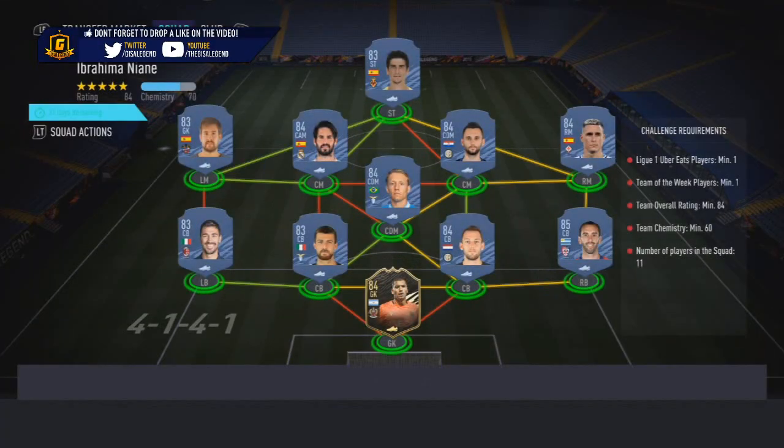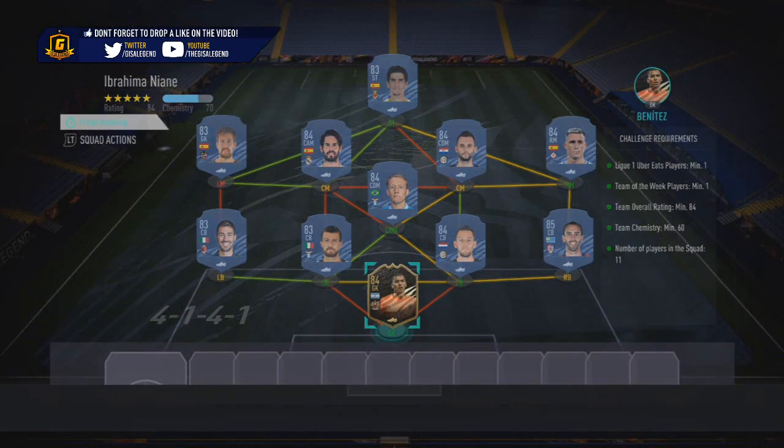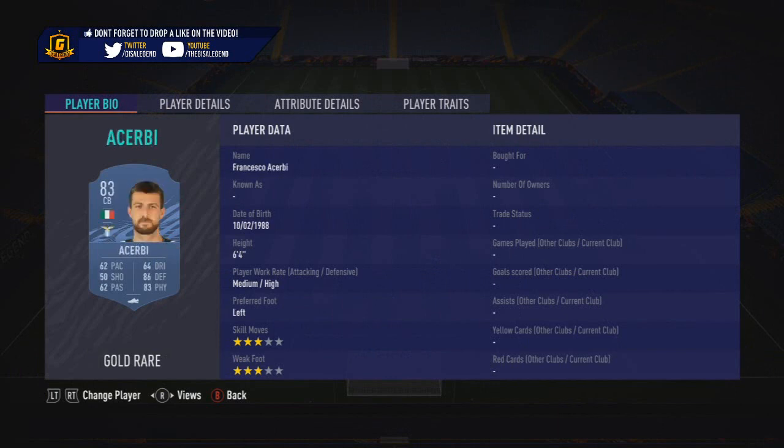So just to break the Play the Month down for Niane, fairly straightforward: 92 pace, 84 shots, 70 pass, 83 dribbling, 32 defending, 76 physical. You need 1 inform, 1 play from Ligue, 84 rate squad. It is overpriced in my opinion. It should just be, if you're the team of the week, you either take out or you put down a